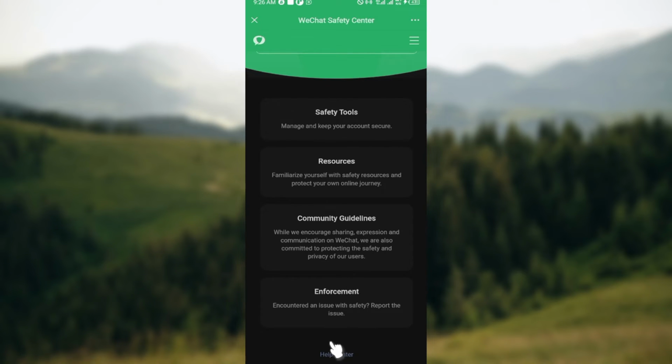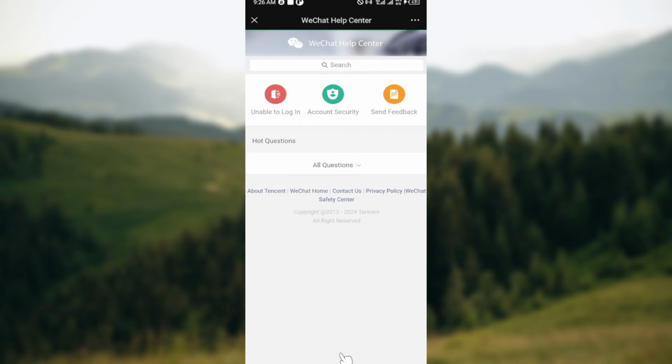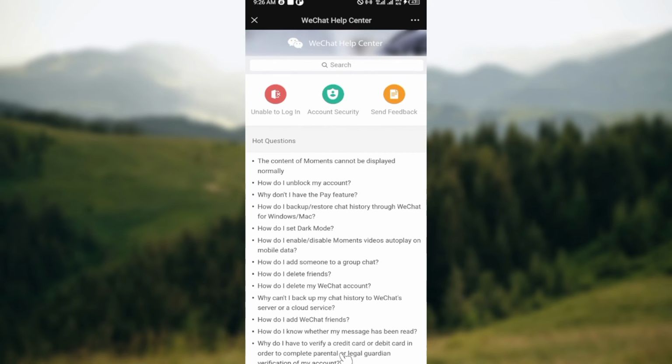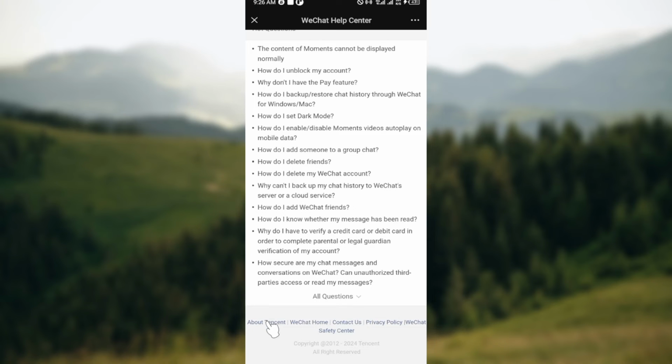Just scroll down and select Help Center. Help Center is the last button on this page. So once you're on the Help Center's page, the next thing to do is to wait for it to load properly. And then once it is done loading, scroll down to the last part again,